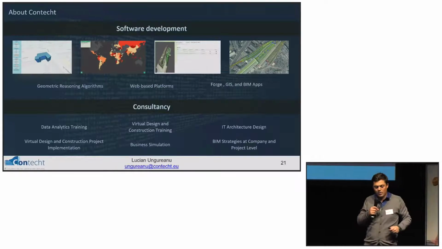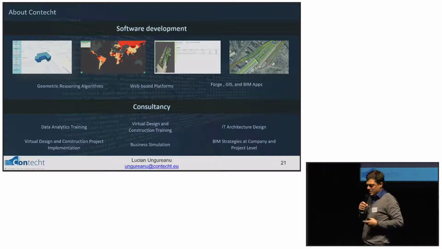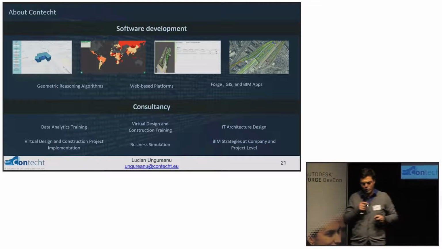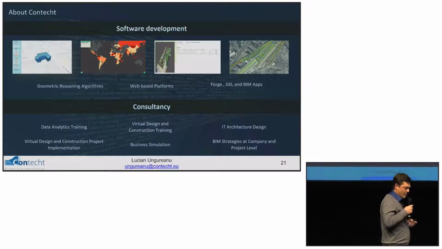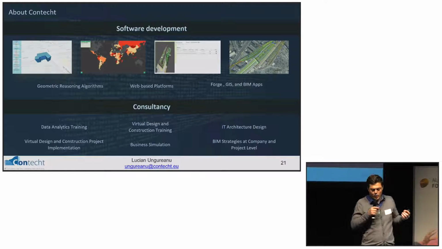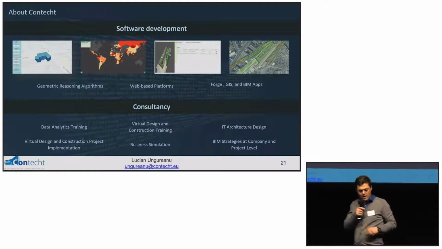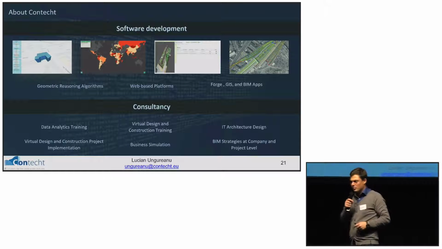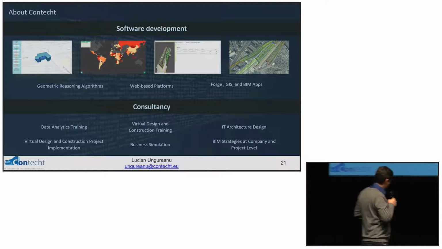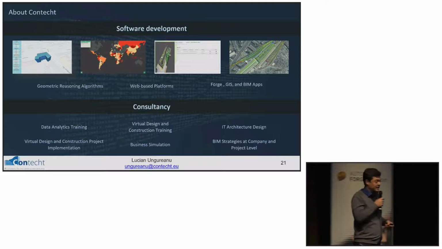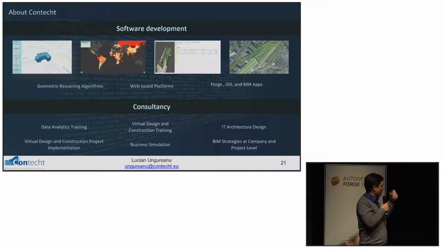So moving to Contact. About Contact a bit, our business is focused on two directions. One is software development, and the other one is consultancy. For software development, we are developing or implementing algorithms for geometric spatial reasoning. We develop web-based platforms for GIS or BIM apps. From the consultancy perspective, we offer trainings in data analytics, virtual design and construction on project implementation,